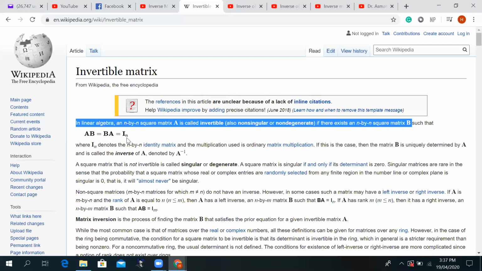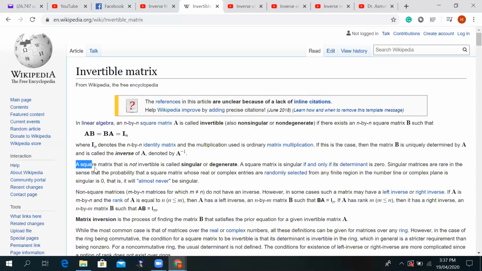It doesn't matter. What matters is that the product of these two matrices, the A and A inverse, should end up in the identity matrix at the end. So if that is the case, then one of the matrices in this product is called the A inverse of the other matrix, which is taking part in this multiplication. So this is basically the definition that we will look into.